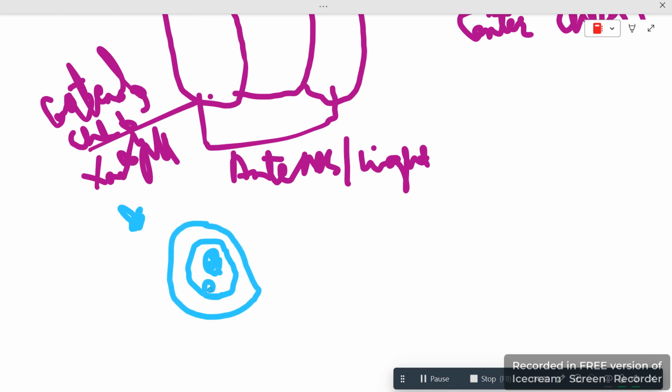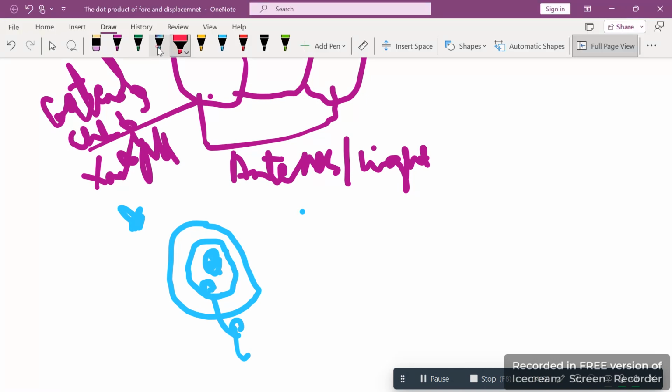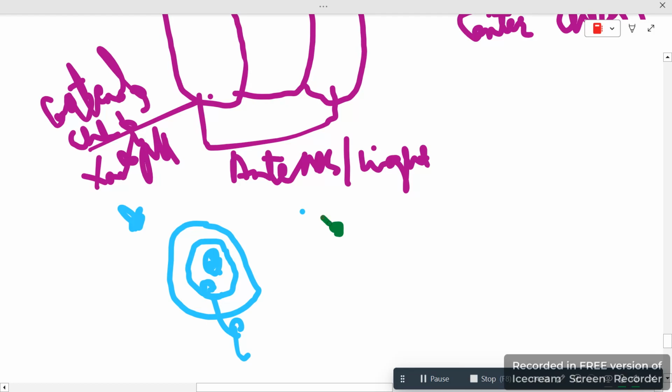When the electron is in the excited state, it moves from the lower to the higher region. So this electron will move from that region to this one. Why I'm discussing this here: we know that if this same process happens in chlorophyll B, chlorophyll A, which